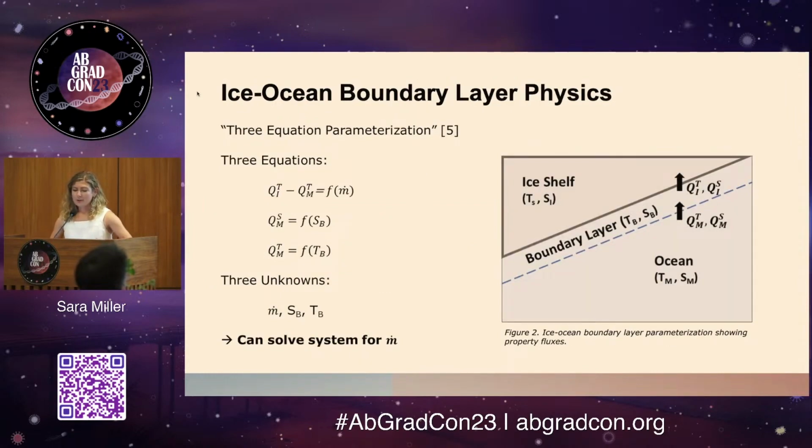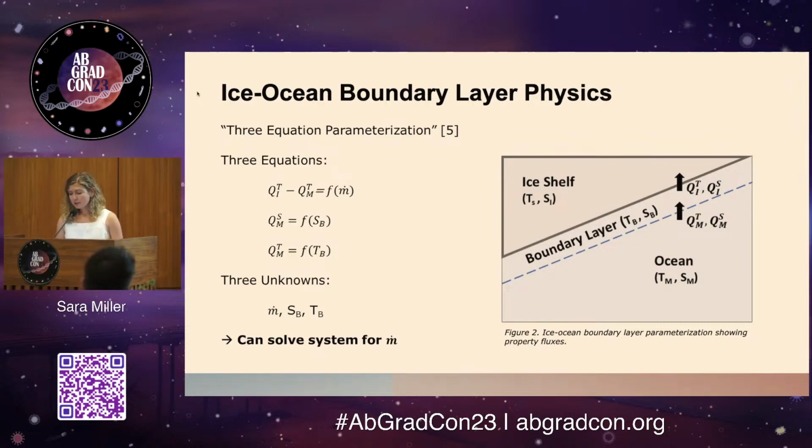I took out the full equations because they're pretty ugly, and I just have these nice simplified relationships that I want to discuss. So I'm using a widely adopted parameterization called the 3-equation parameterization. It's very creatively named. Essentially it's looking at the fluxes, those Q values, between a solid ice shelf, which is freshwater or fresh ice, a mixed boundary layer region, and then the mixed layer, the liquid